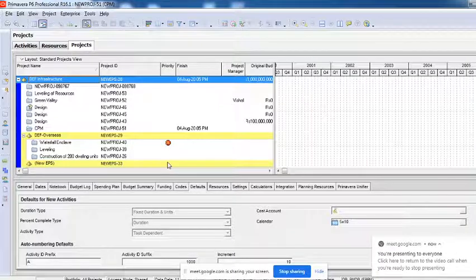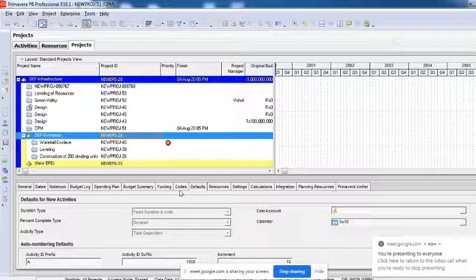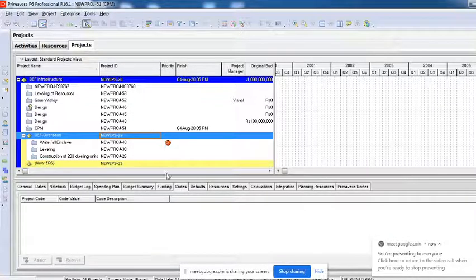There are three different types of codes available, or basically, when we create a code there are three ways we can create these codes. We can create the codes for projects. You can see in this project page, in this detail window, there's an option called codes, so we can assign codes here. So we can create codes for project.